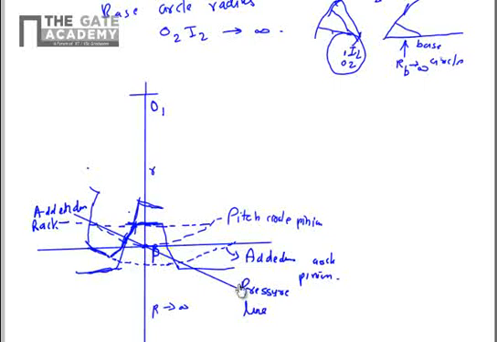On the force line, the addendum circle of the rack cutting the force line is the point A here, and here the addendum circle of the pinion cutting the force line is the point B. And for determining the base circle, we drop a perpendicular from the center of the pinion to the force line, and we get the point I1. So O1I1 will determine the base circle. For the wheel case, O2I2 cannot be determined since it is infinity.